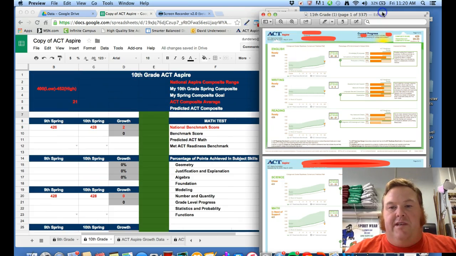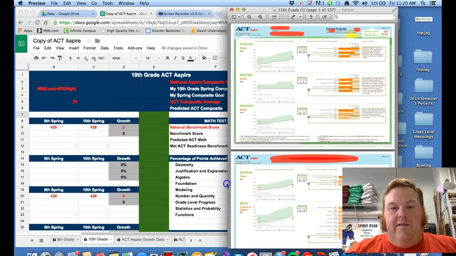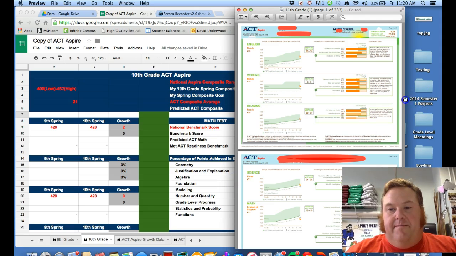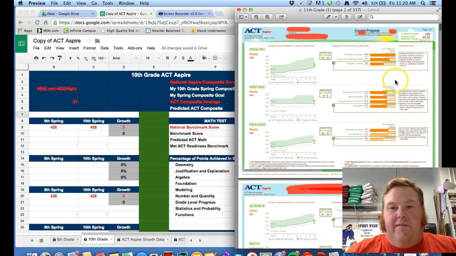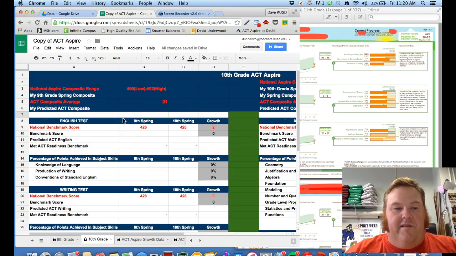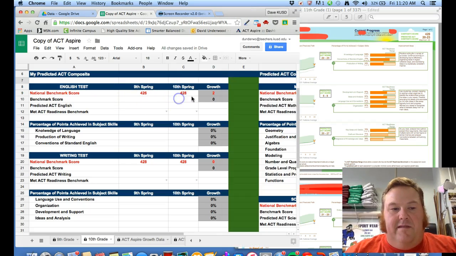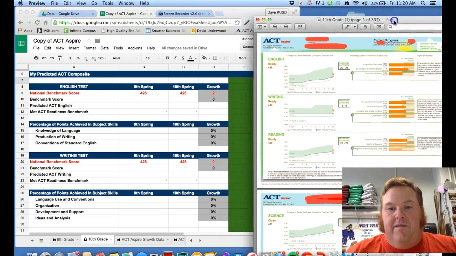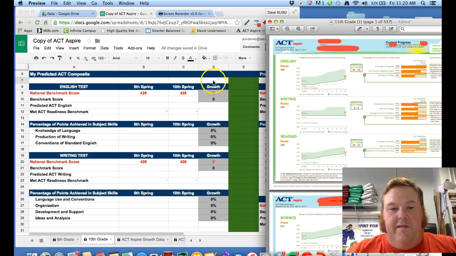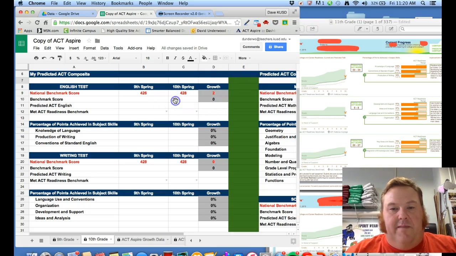He's going to look at his sheet, okay, and he's going to see, all right, the first test that's on here is my English test. So he's going to go to his English section of his GDD, and he's going to put in his benchmark score, okay, which is right here, 436. All right, so I'm going to type that in right here,